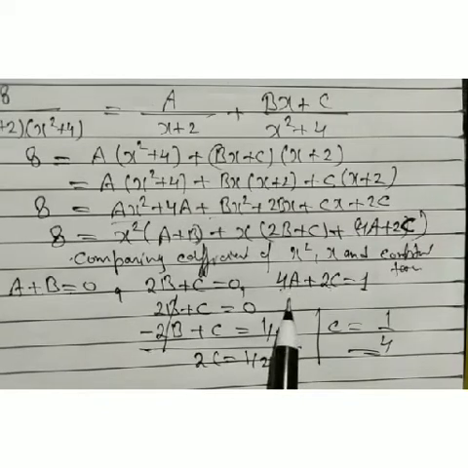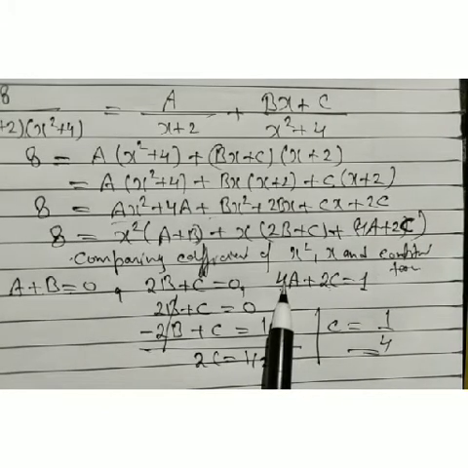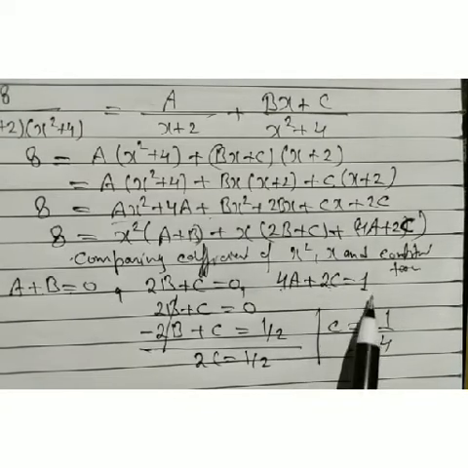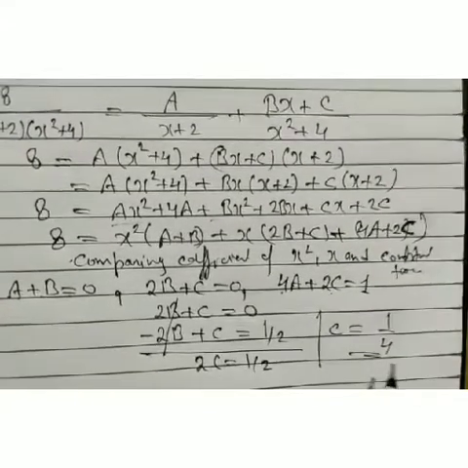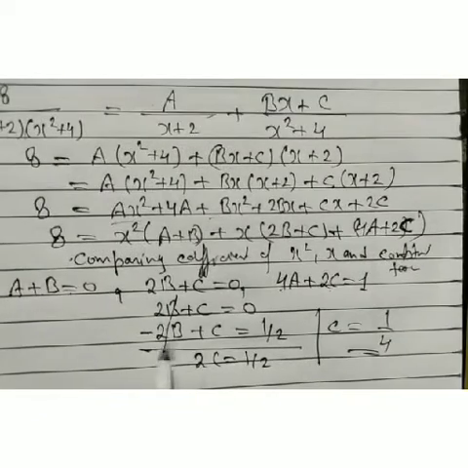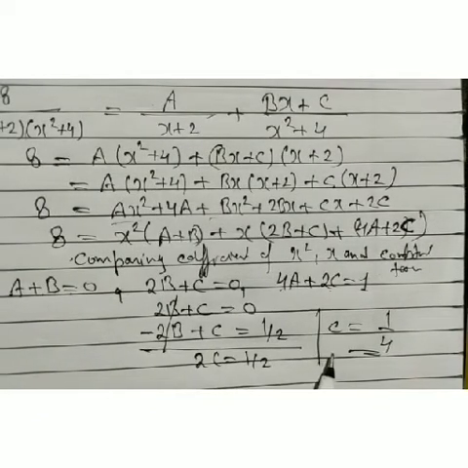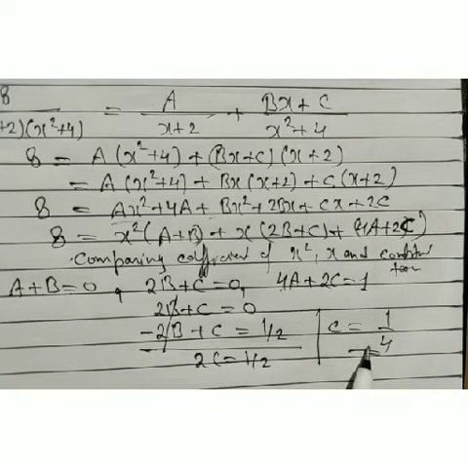We take 2 common there. Then we have 2a plus c, which is 1 by 2. Then we are going to add it. We have minus 2b and 2b plus c. Then 2c is equal to 1 by 2. Then we get the value of c is equal to